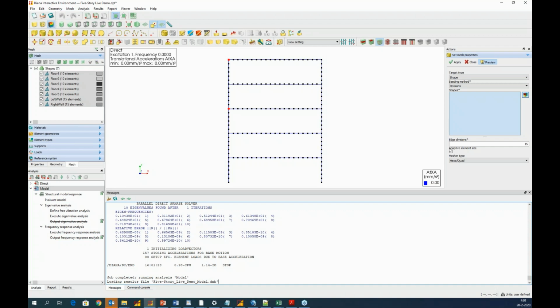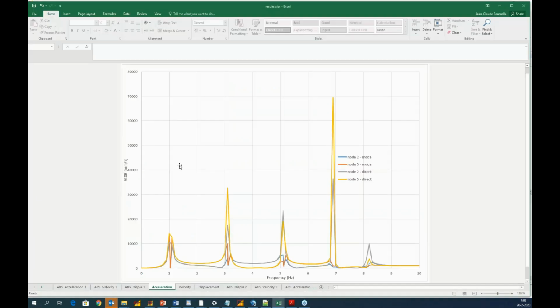In terms of output, I'm going to plot graphs of these two nodes, the corner node and the one connecting the wall to the third floor, and compare that with the direct response. In order to facilitate the discussion, I've already prepared an Excel sheet where I have summarized all these results.